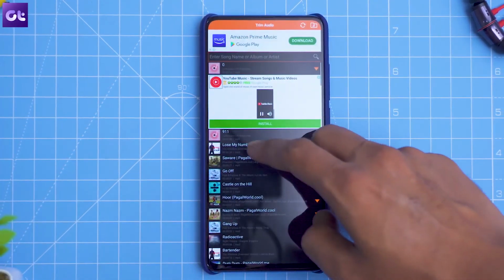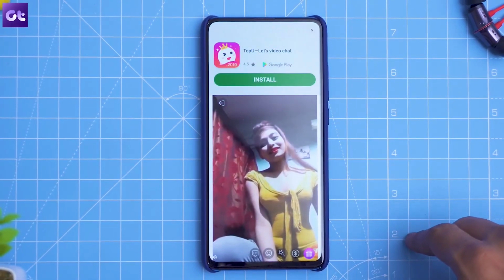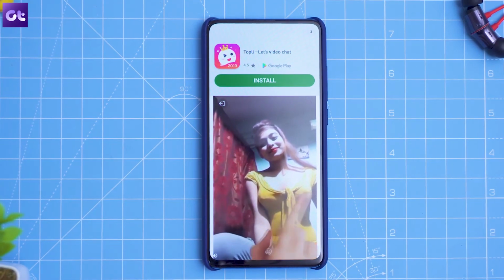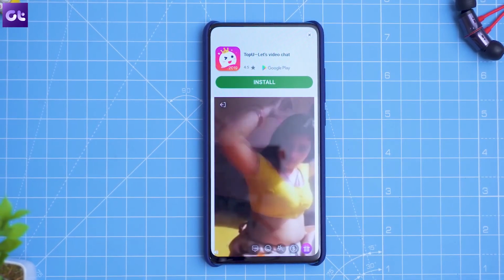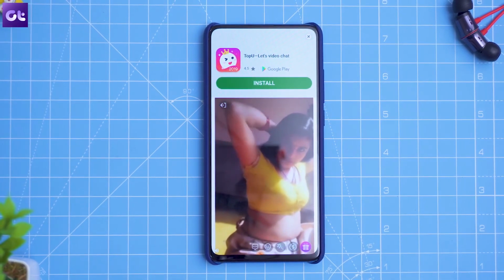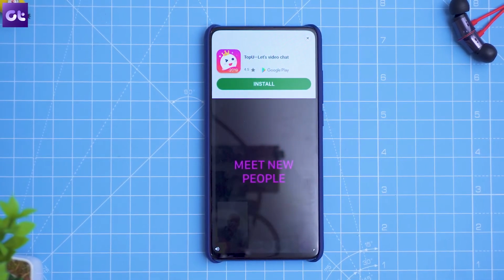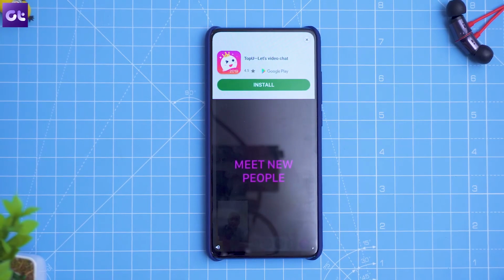However, the ads here can be really annoying. Not only does the app feature banner ads almost everywhere, it also has annoying full screen video ads that show up quite often. So if that bothers you, I think you should definitely steer clear of this one or pay the premium to remove the ads altogether.